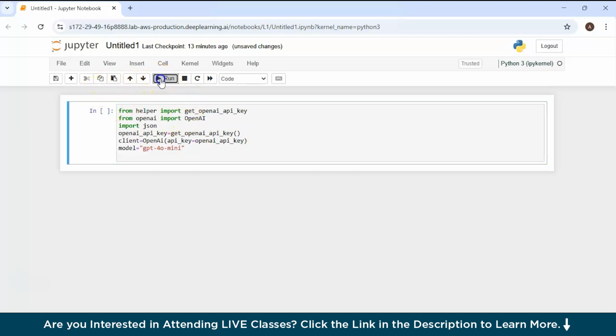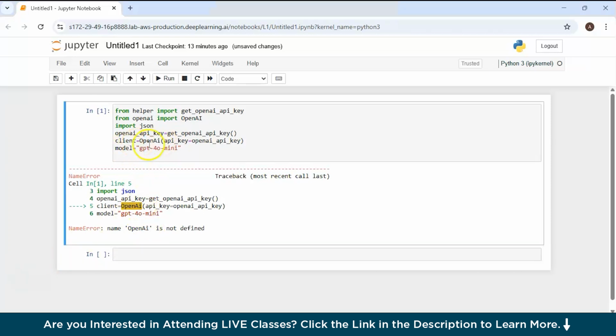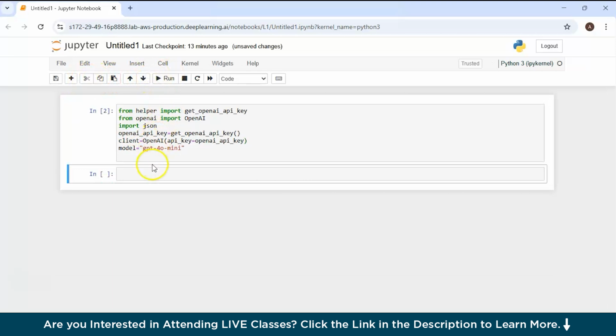Firstly, I'll just run this, and there is an error, and the error here should be OpenAI, so this I should be in capital. Let's see now, and yeah, we are good. So coming back, we are creating a memory box with two keys, which is human and agent. For now, let's initialize it as empty. Human is 1, and then the second one will be